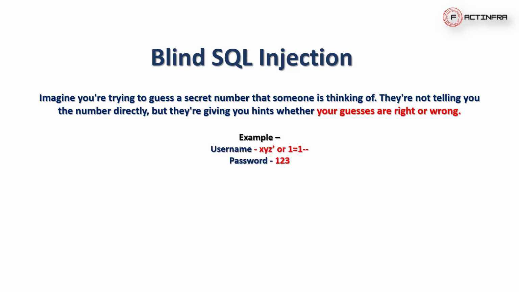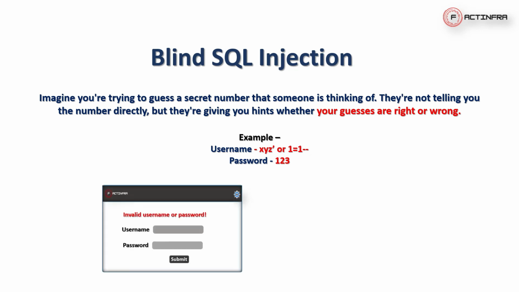There is a scenario example with a username and a password. You can see the values of username and password. The first scenario is, if this is the web application and we inject this username and password, which of course are not the right login credentials, the web application shows us a normal message: invalid username or password. This is not the backend response, and we can't say there is a possibility of SQL injection. So this is not.